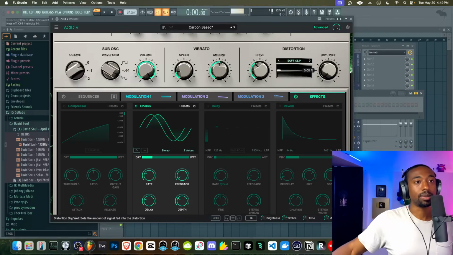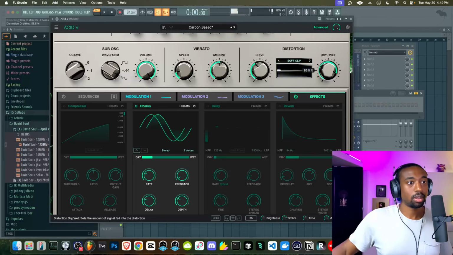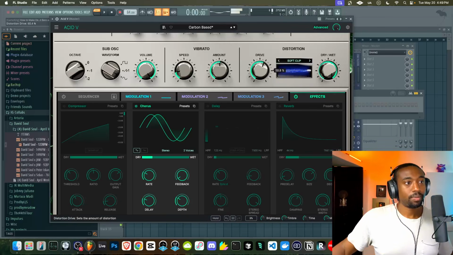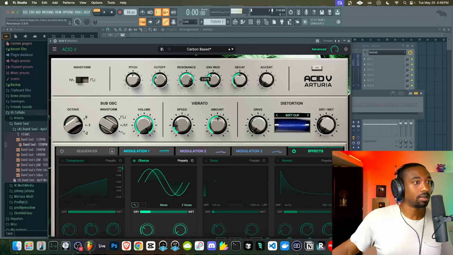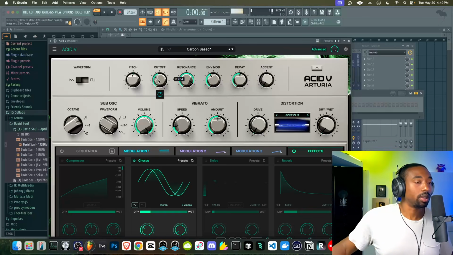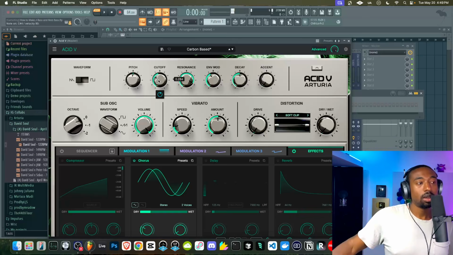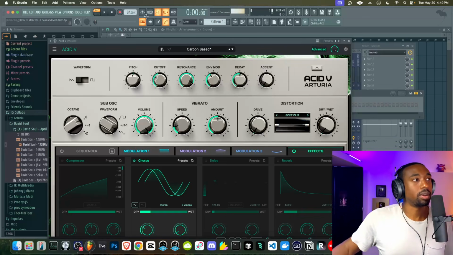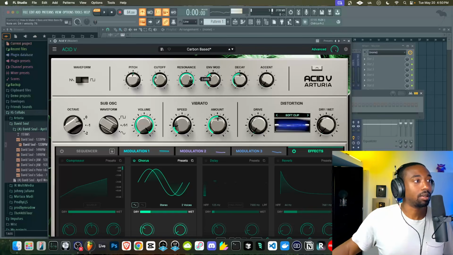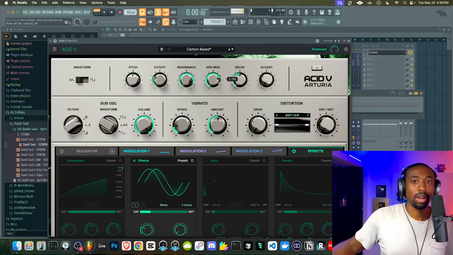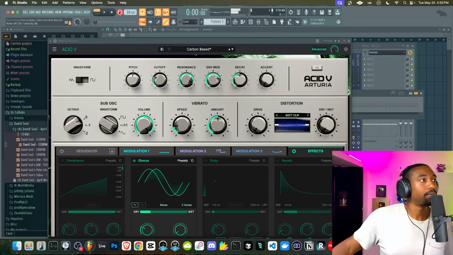Now if we want more high frequencies, we're going to pull back distortion. But again, the magic to the sound is this resonance along with this lowered cutoff point. Now, if we're going to Detroit, then we're going to turn up the resonance. There is this more of a resonant, bitey sound. And they might have their envelope turned up. So let's just record both.